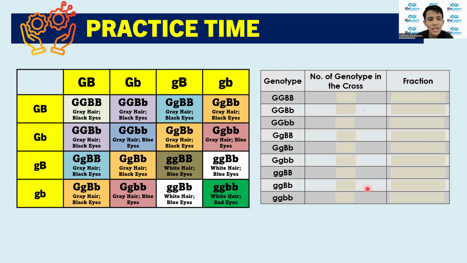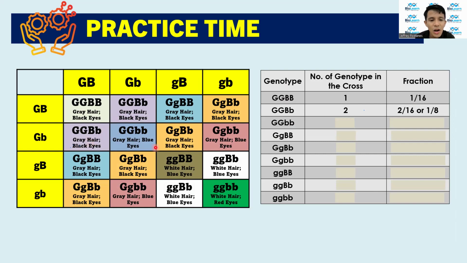Okay? So how many homozygous dominant G and B do we have? We have 1. This one. Okay? I actually classified this already in colors. So that's 1/16. Next, homozygous dominant G and heterozygous B, the purple one. So we have how many? 2 or 2/16 or 1/8.